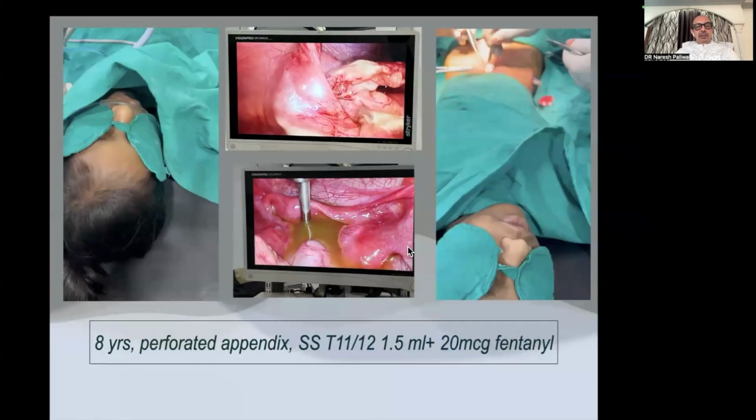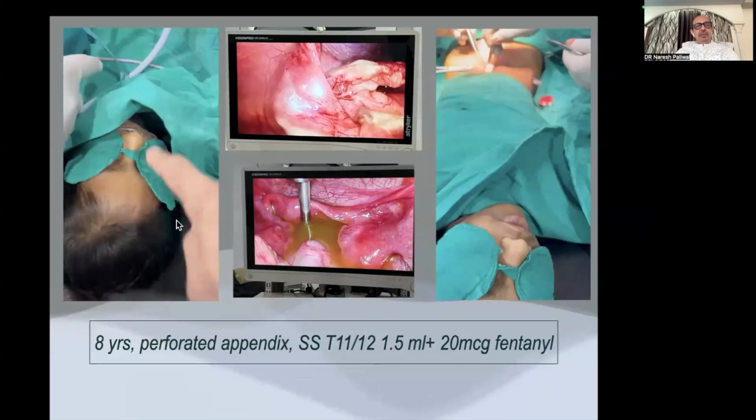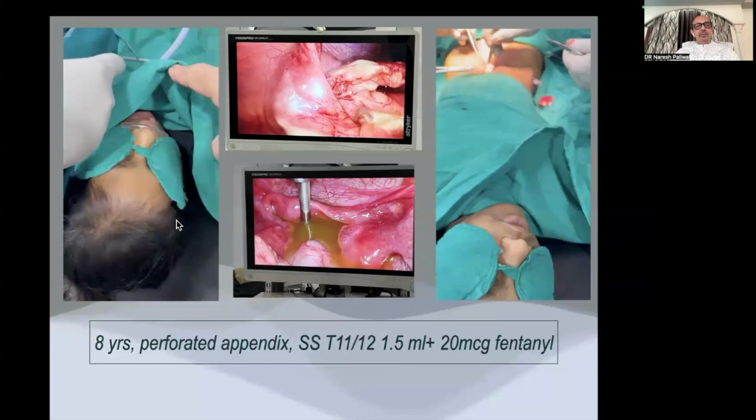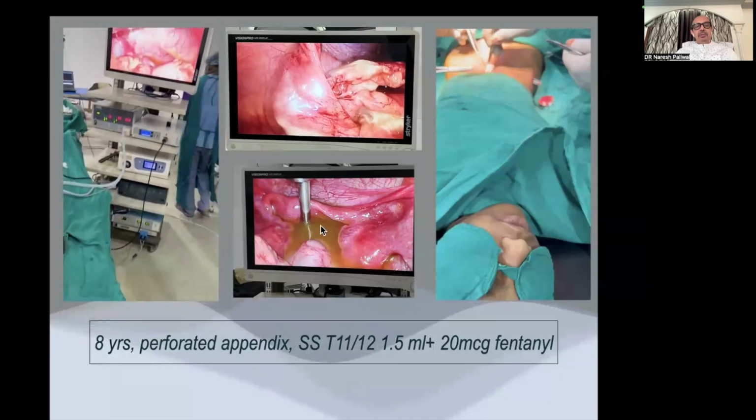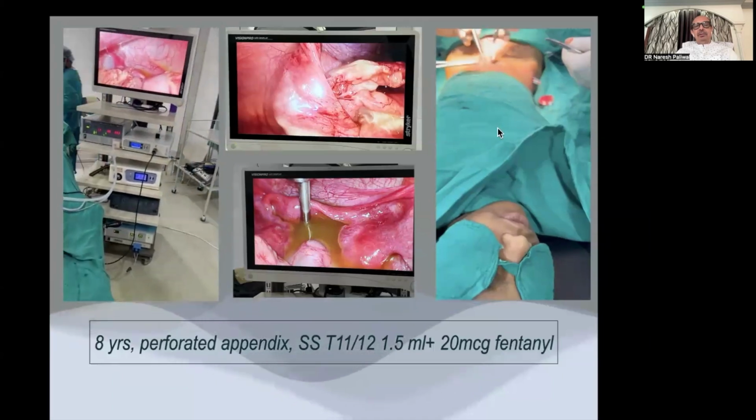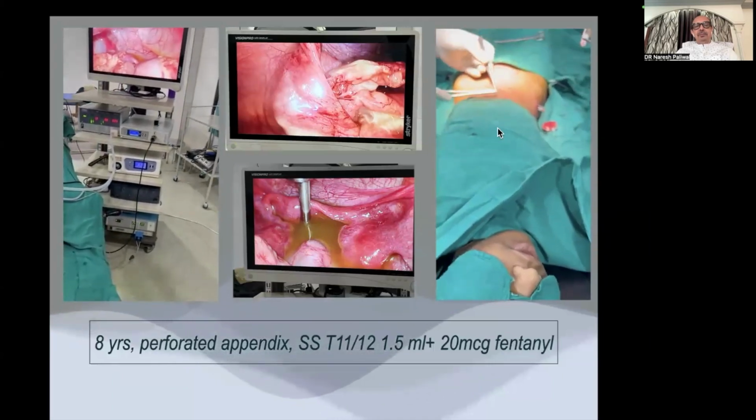This is an 8-year-old, perforated appendix. In emergency, it was done. He was febrile. Segmental spinal T11-12, 1.5 ml with 20 mcg fentanyl. This is during surgery. He is conscious, comfortable. And see, perforated appendix. At the end of surgery,